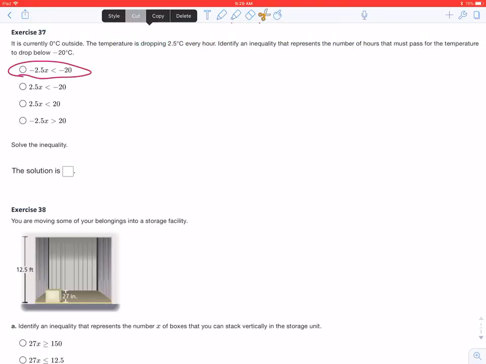But if I was just looking at this and wanted to do this a little faster, I would say, well, the temperature is dropping. So that's going to be a negative 2.5 degrees Celsius per hour. And x represents the number of hours that I have. So if I multiply by the number of hours, that gets me my current degrees, which has to drop below negative 20. So that has to be less than negative 20